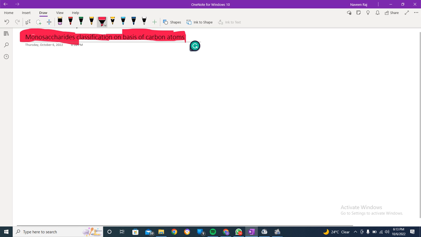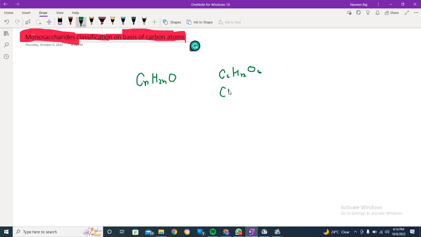Let me write the general formula of monosaccharides or the carbohydrates: CnH2nOn. This is the general formula. If you take the example of glucose, C6H12O6, when we simplify it, you will find CnH2nOn, where n is the number of atoms. N in glucose is 6, and 2n means 12,